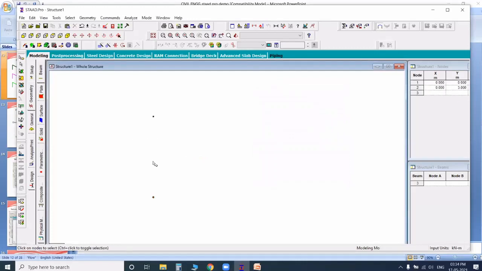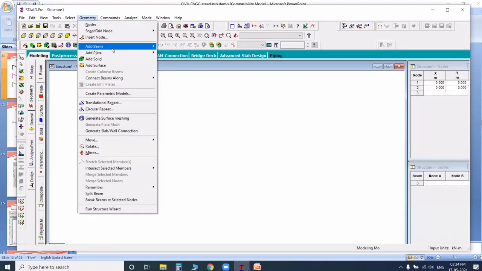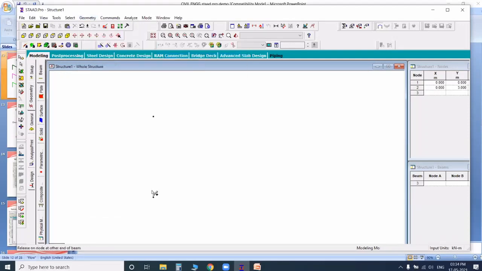Now, by using the add beam cursor, add it. Go to geometry, add beam from point to point, here to here. Now, I select the total beam because the column height is nothing changes. Left to right, top to bottom, nothing changes. So that is the reason I selected the total column.